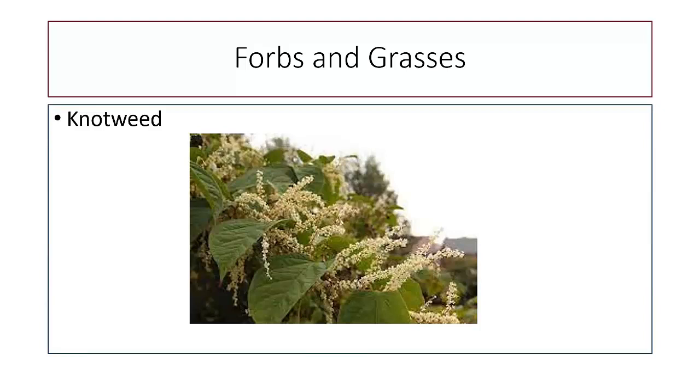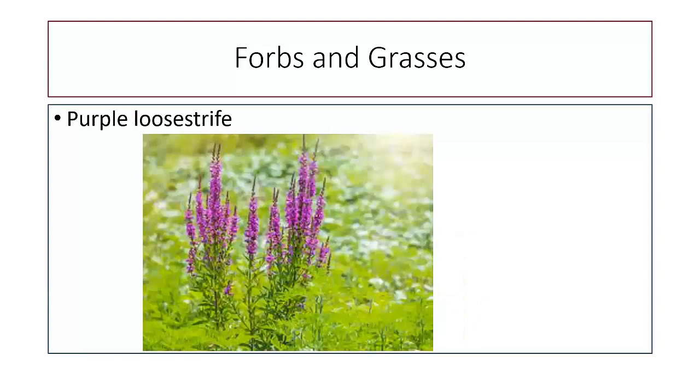Knotweed is another one that comes in many, many variegated styles. It blooms prodigiously. It spreads by stolons. It spreads by seeds. Once it's established, it's very, very difficult to control. So please don't purchase this plant if you see it in the nursery trade, and if you have it in your landscaping, it's probably a good idea to replace it. Blue stripe is one that has been being battled in our national parks for many, many years.